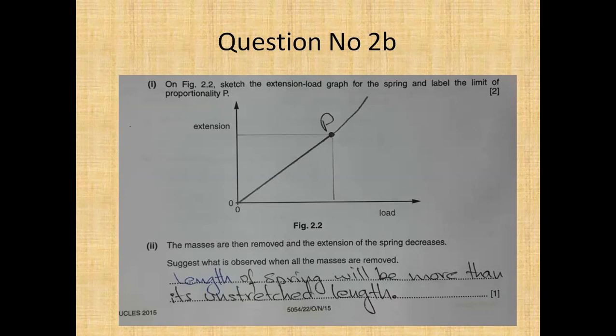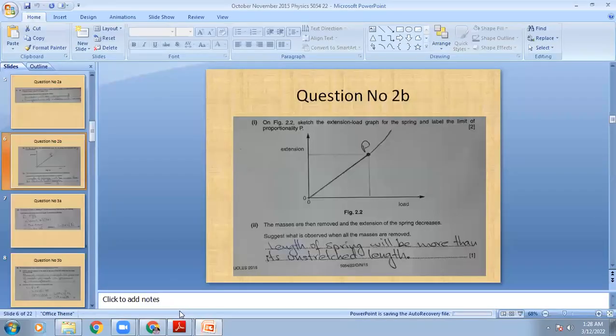But once you have crossed the limit of proportionality, the graph will no more be a straight line. It will become a curve, and that curve will bend upward. So as you can see, I have shown on the diagram up to the point where the extension-load graph is a straight line, I put a dot and I have labeled it as P, and beyond that point, the graph is no more a straight line. It has become a curve. So this point P is the limit of proportionality. Then the next question they are asking you is